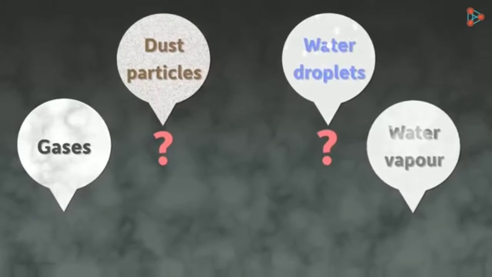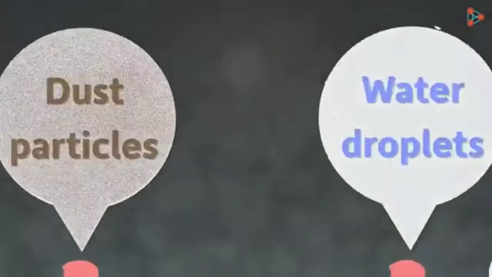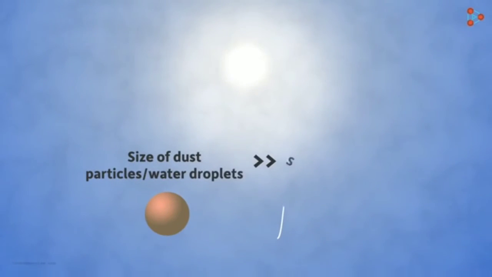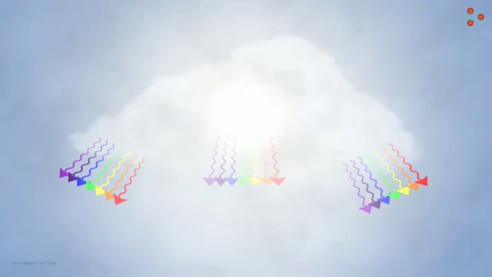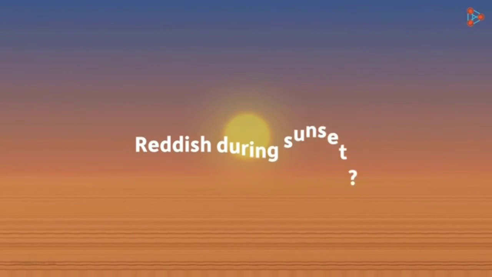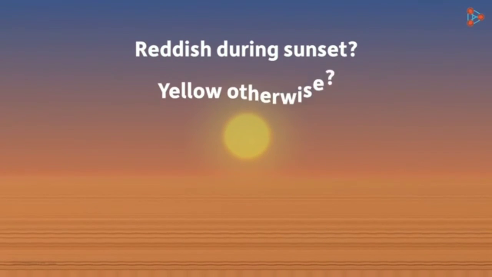Do dust particles and water droplets also scatter light? Yes, they do. They scatter light as well. However, their size is comparatively much bigger than the size of the light waves, and hence they scatter all the colors of light in equal amounts. So the white light which is entering the cloud or the dust particles emerges out as white light again. Hence the clouds appear white. There's one last question we need to answer. Why does the sun appear reddish during sunset and yellow otherwise? We will